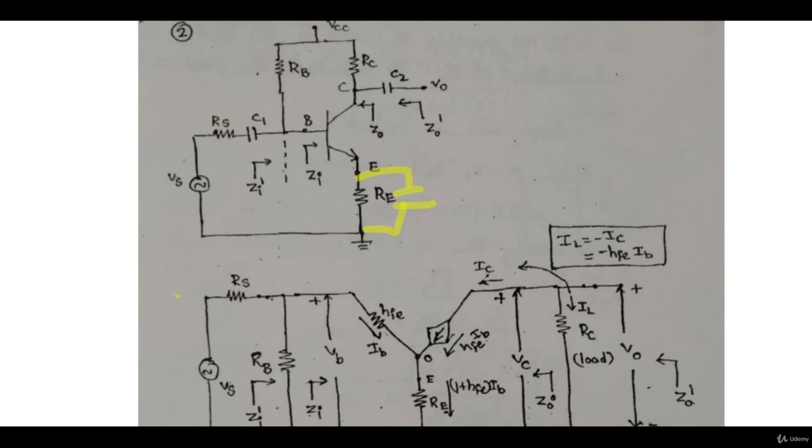So this capacitor will come into effect in both analyses, and its behavior will be different. In DC analysis it will be off and you will be solving by considering RE, and in AC analysis it will be short, so it will provide a short path to RE, and hence we will not have anything here. Just similar to the first case we had for common emitter, so we will see that.